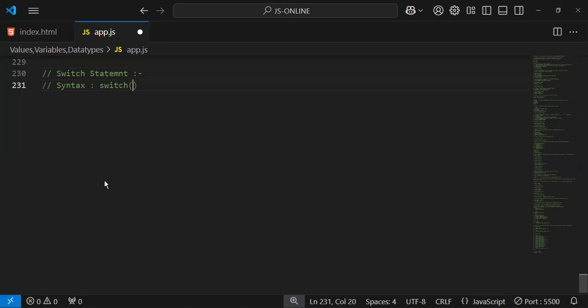Which along with the case, or along with, you can go with the condition as well if you want. Condition or anything, or you better go with case or choice, that's what we call it too. In switch we have choices. Equals to, there is a value for this. And after that, inside the switch block